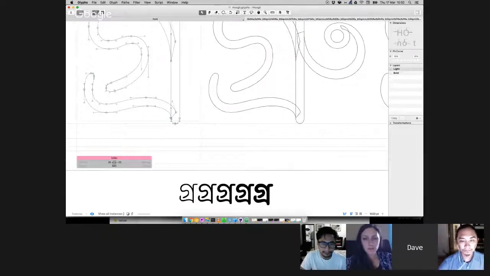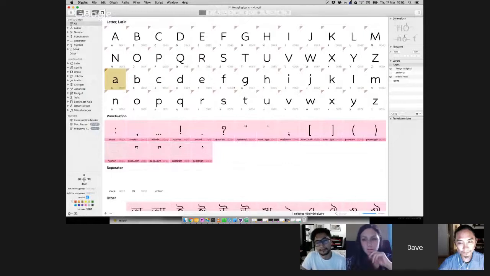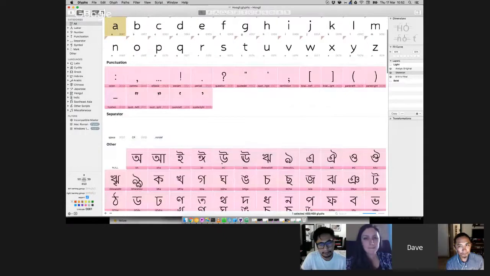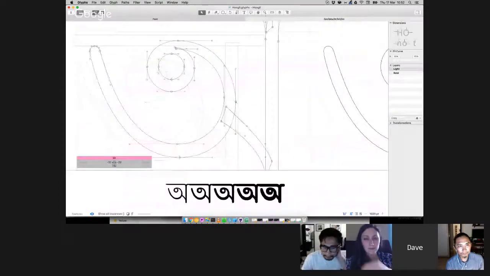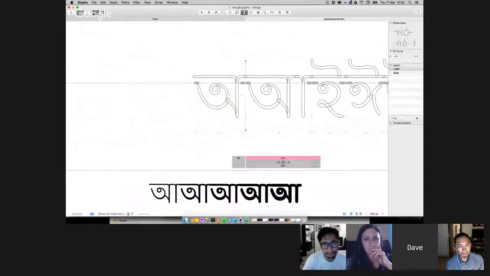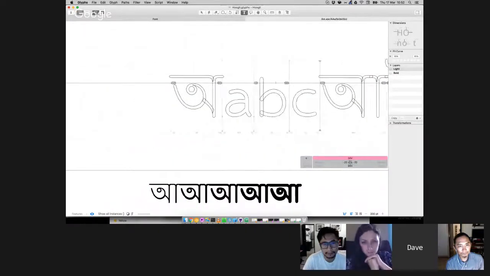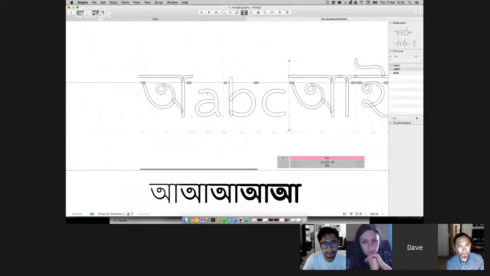Okay, well, I think the process I recommend is that you take, Aaron, the Hubballi glyphs file and your skeleton UFO, and then you use the Noodler to do the different weights. Because then you can open up a bunch of Bengali glyphs, put some Latin ones in there, and then you'll be able to